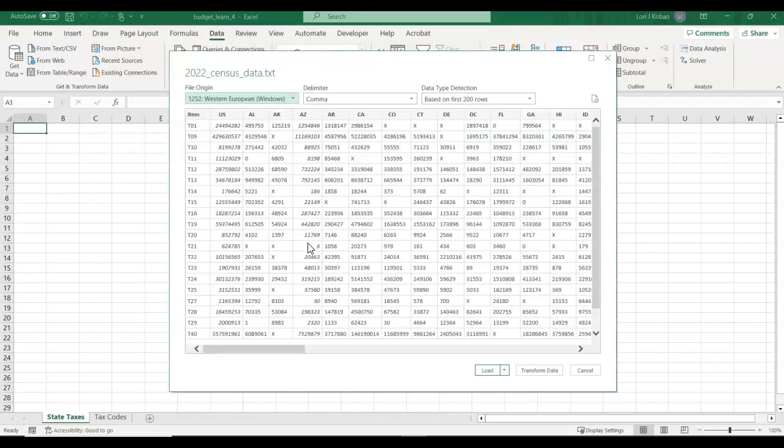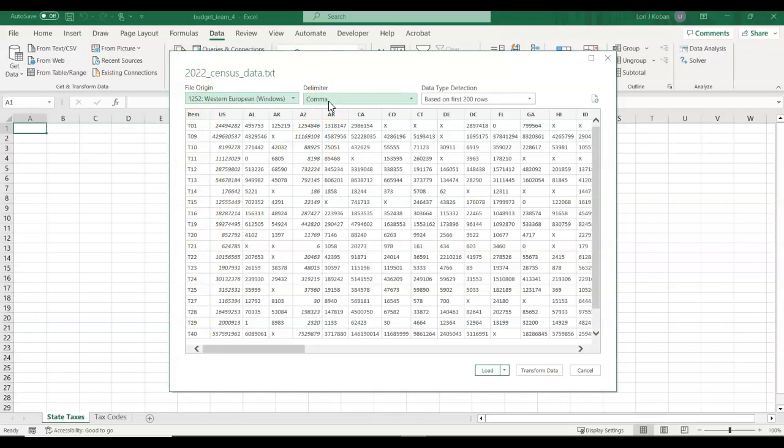And it's going to show me some things. And when you import data, it's never perfect. Like, never is probably appropriate there. You always have to do some cleanup. Here we see at least that the states are across the top. This is the US, so everybody together. There are these items, which are tax codes, but